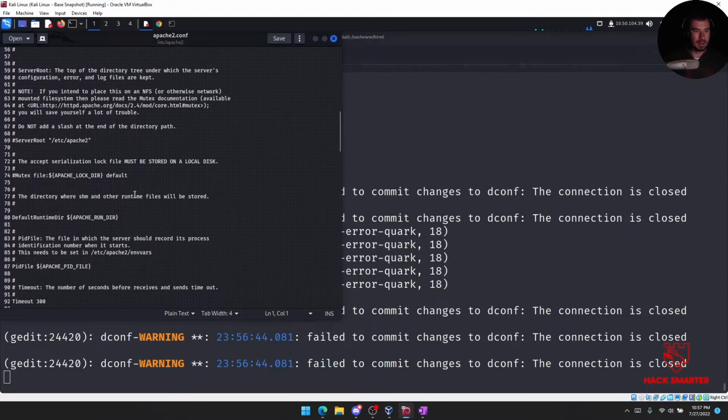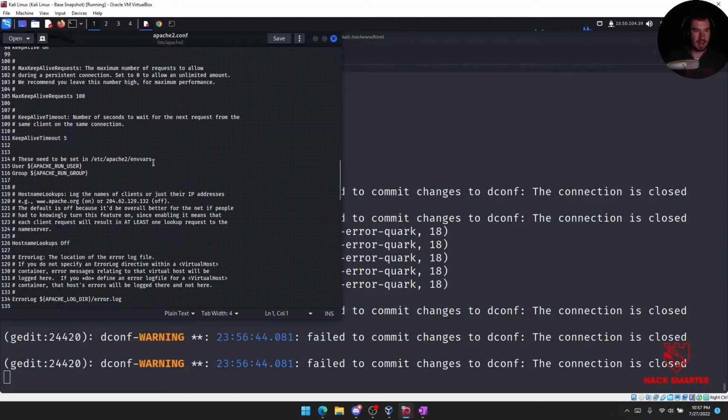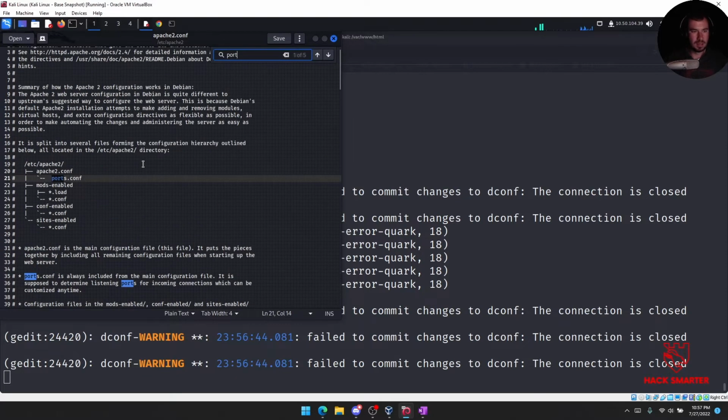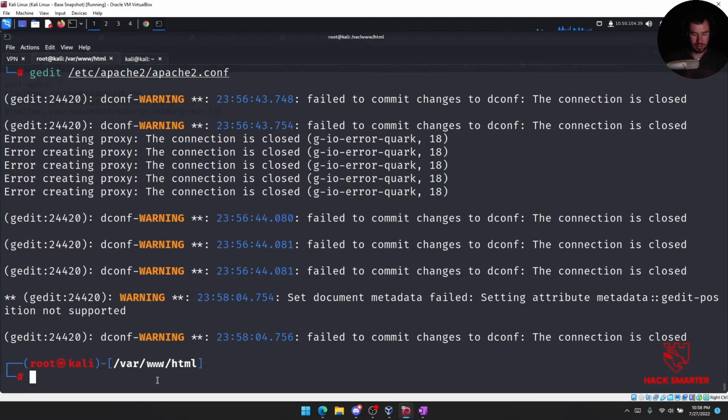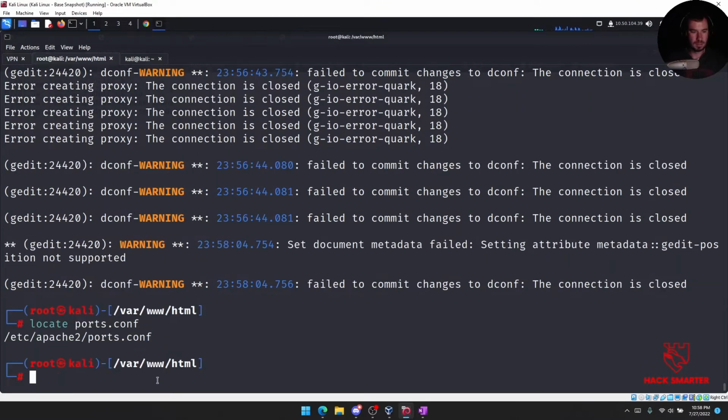But here is the Apache configuration file. I think all I did was look for port. Oops, didn't mean that. So look at this: ports.conf is always included from the main configuration file. It is supposed to determine listening ports for incoming connections. So I read that and I was like, oh, okay. Look at that, gedit /etc